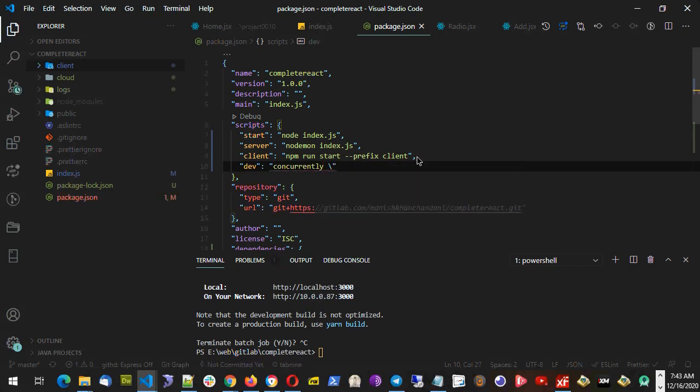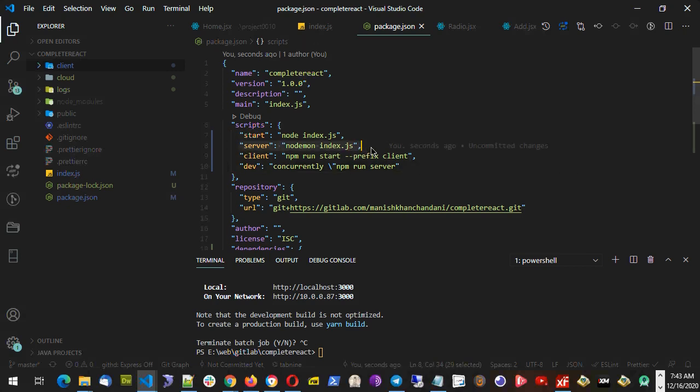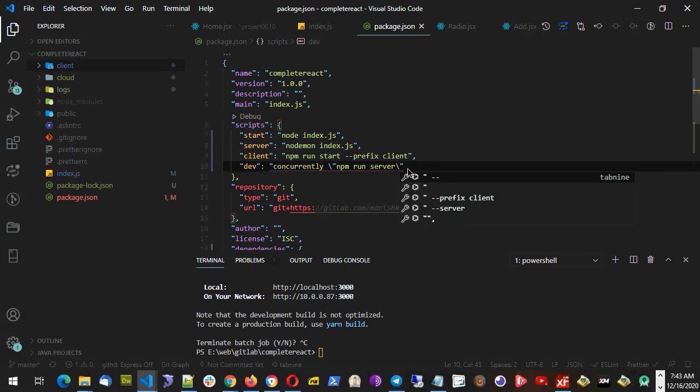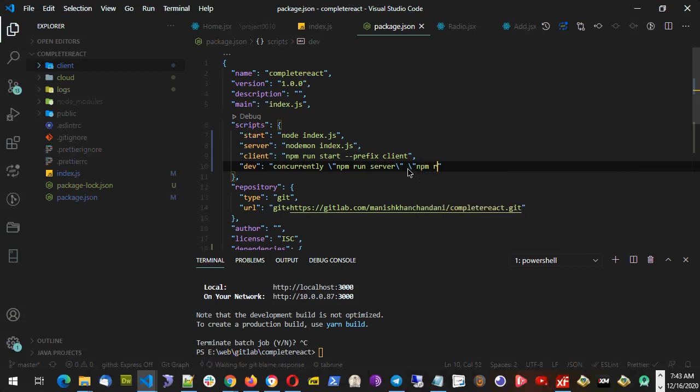And I have to write a double quote, npm run server, that is run this part. So I'll write npm run server, then a closing quote, then a space, and I'll start again with npm run client,